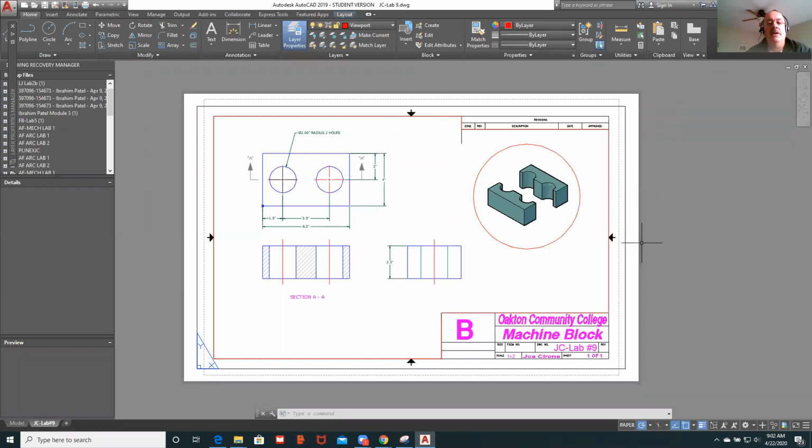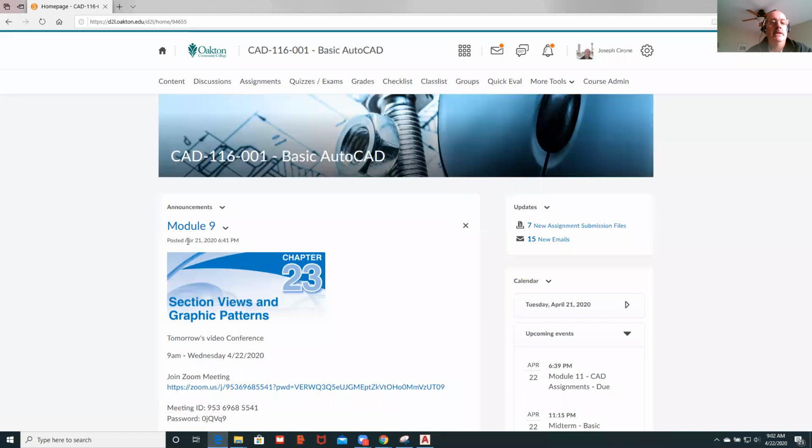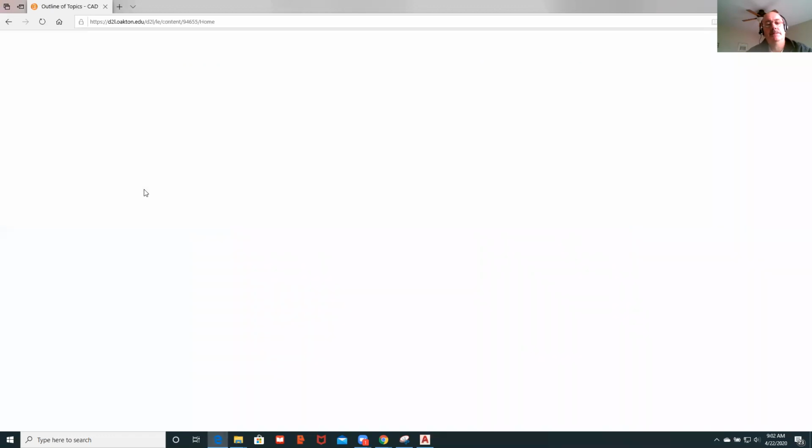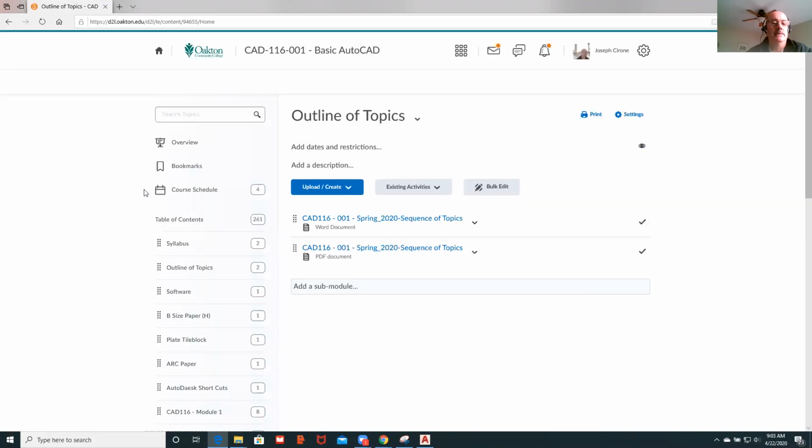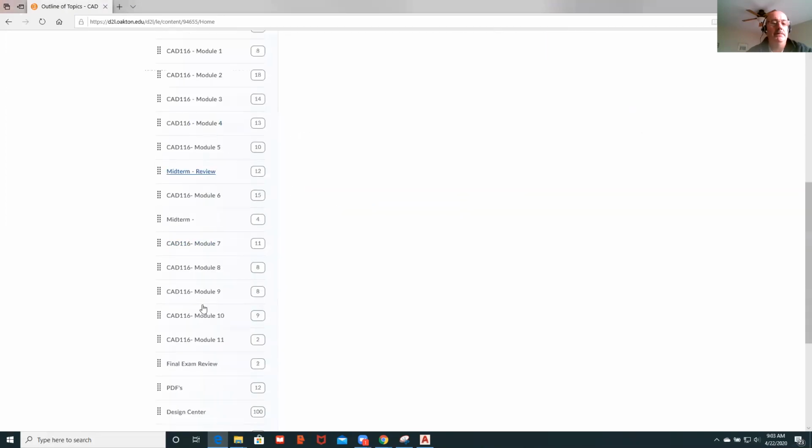We're going to look at Module 9 in creating this machine block. Module 9 in D2L covers section views and graphic patterns. If we go to the Content tab, and we go to Module 9,